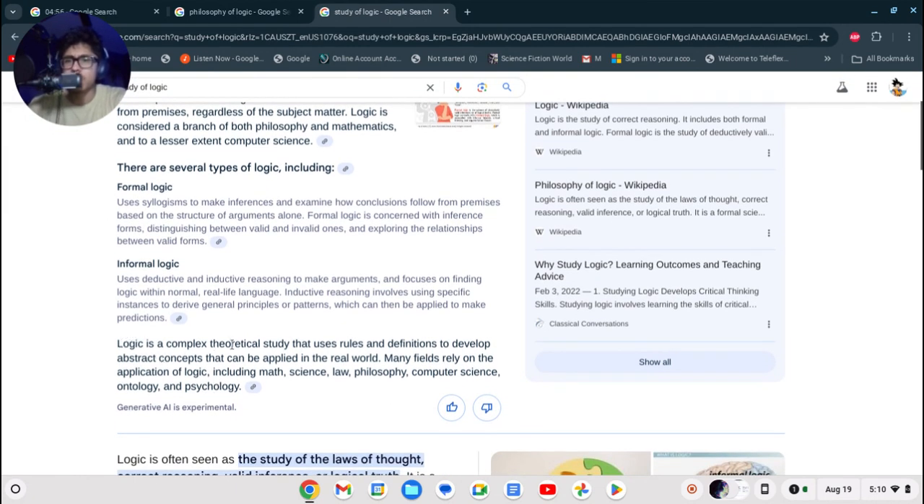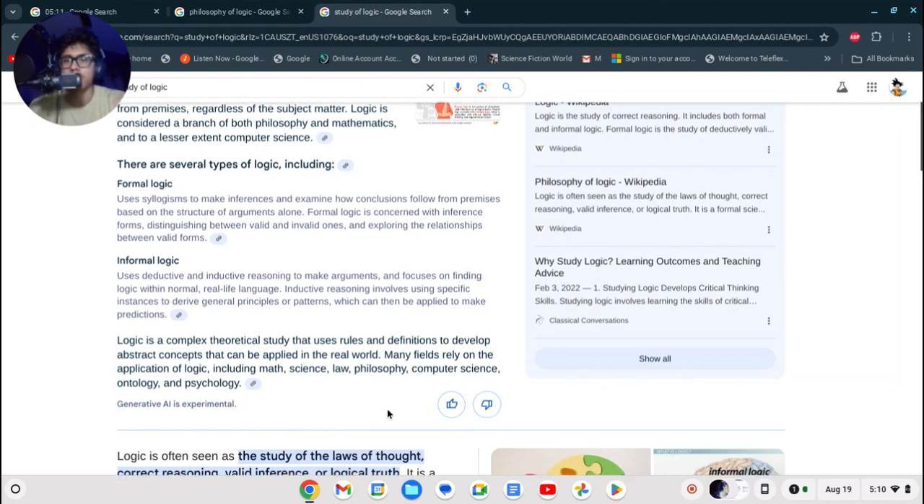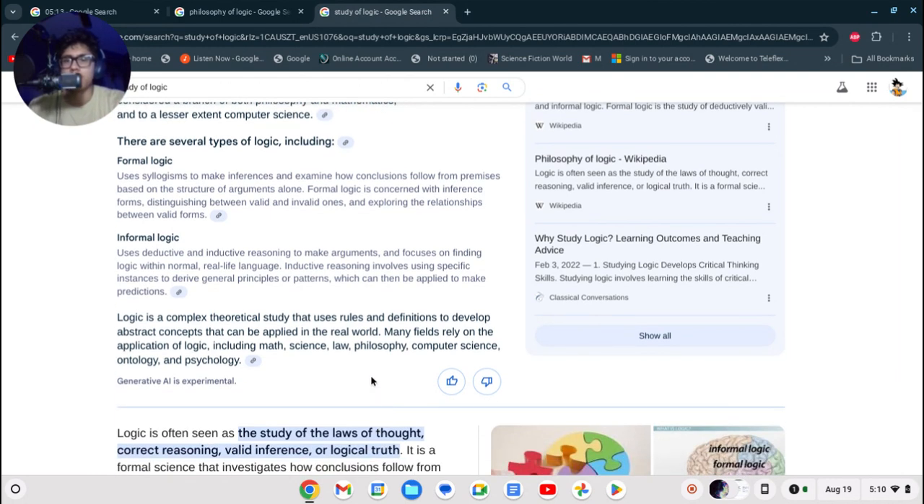Logic is a complex theoretical study that uses rules and definitions to develop abstract concepts that can be applied in the real world. I'm not gonna do that. In the real world, many fields rely on the application of logic, including math, science, law, philosophy, computer science, ontology, and psychology. So I'm gonna look up